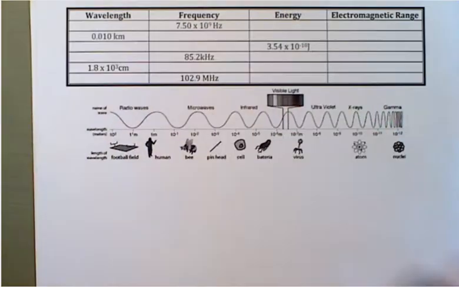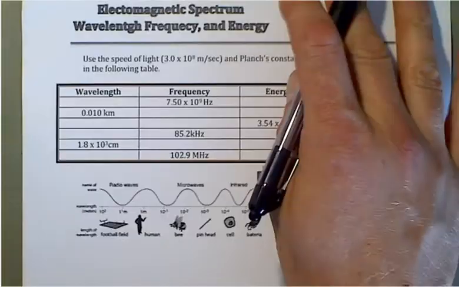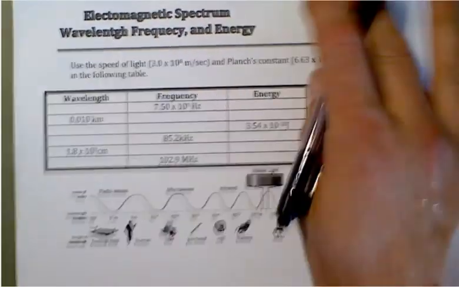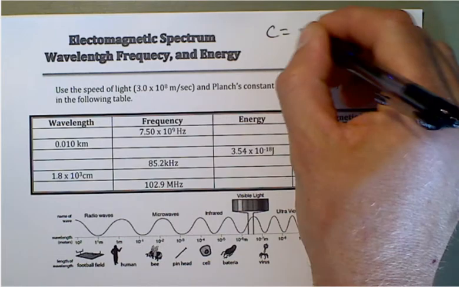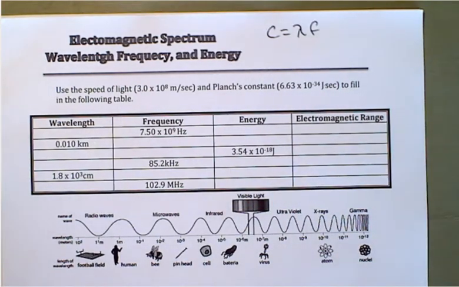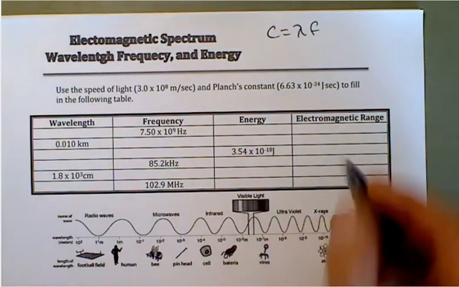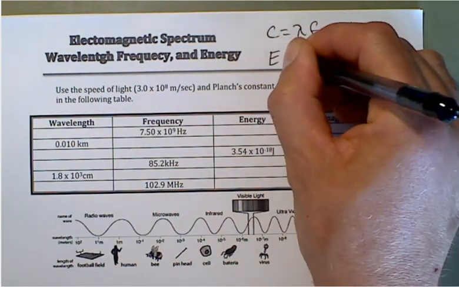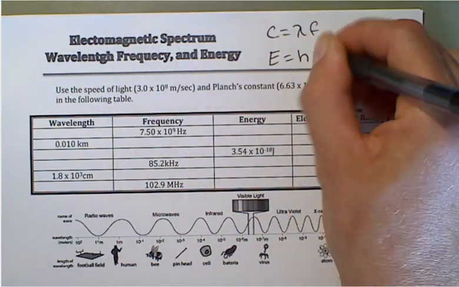It's a little bit different, but for this particular problem, you have just 2 equations. The one we talked about in the last video, and if you didn't see that video, check it out. So we have speed of light equals wavelength times frequency. You can solve a lot of that using this one. And then this one over here, the new one, is energy equals Planck's constant times frequency.